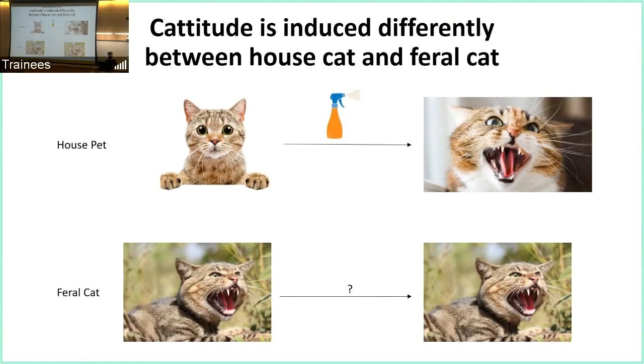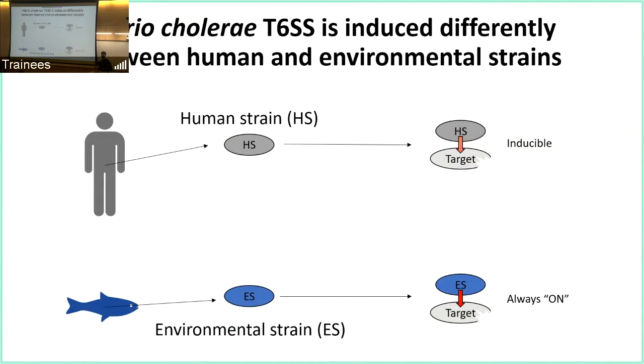So in our lab, we study a bug called Vibrio cholerae, and they can get aggressive. And you can find their house pet, our human isolate, as a house pet. Human isolate gets confusing because this doesn't work. Yeah. So human isolates are isolated from humans, and they have a